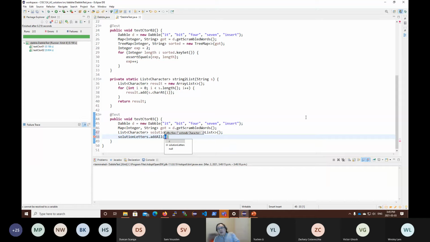So list has a method called addAll, where you can give it a list, and it will take all of the elements of the list and put them into the other list. So I can take all the letters from here and put them into solution letters. How do I get all the letters for it? Well, I call string to list with the string it,